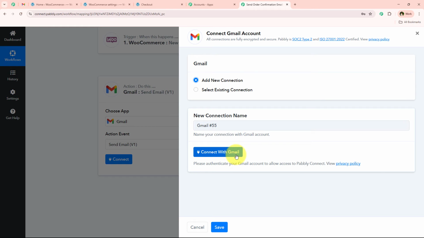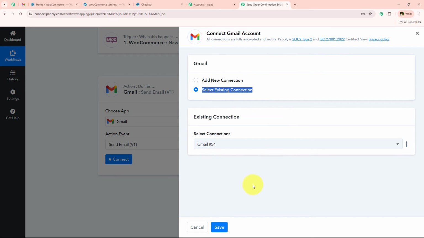And once you click on this connect with Gmail, Pabbly is going to ask you to select the Gmail account with the help of which you want to send the mails. And once you select the Gmail account, Pabbly is going to ask you for some permissions. So you simply have to give Pabbly all the permissions it is asking for, because your data is secure with Pabbly. And once you give the permissions, your Gmail account will be connected with Pabbly Connect. I've already connected my Gmail account, so I'm simply going to select existing connection, and then save